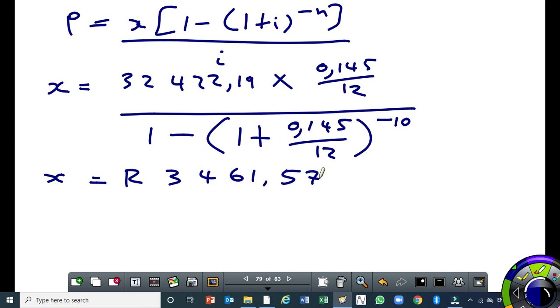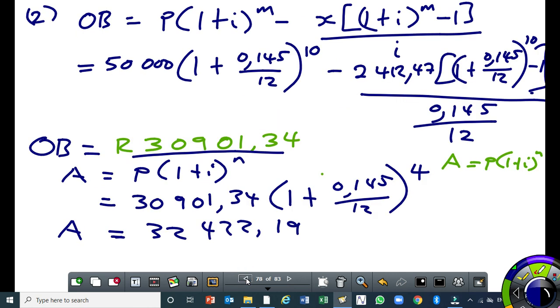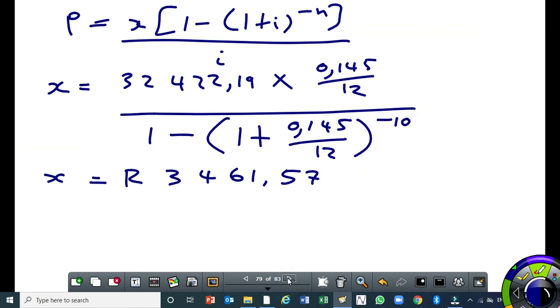Right, are you getting that? Now, do you see the difference now in the monthly repayment? Initially it was 2,412. Now it's 3,461. So it's because of missing 4 months, he's going to pay over 1,000 extra in terms of the monthly repayment. That is due to interest that accumulated during those 4 months. Do you see that there's a consequence of missing a payment? That's why when you decide to borrow, you must